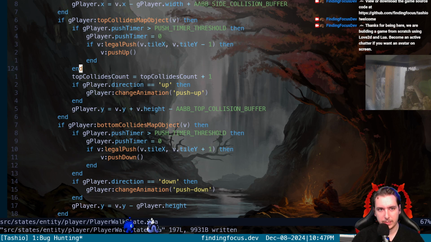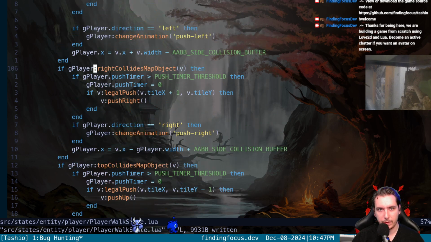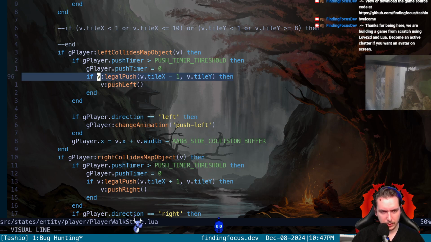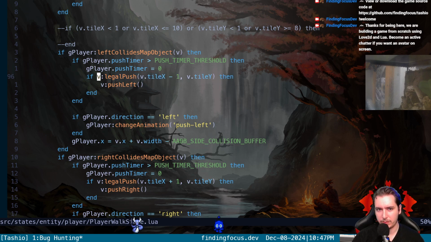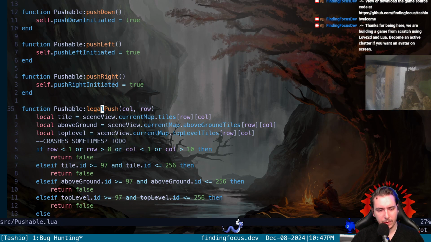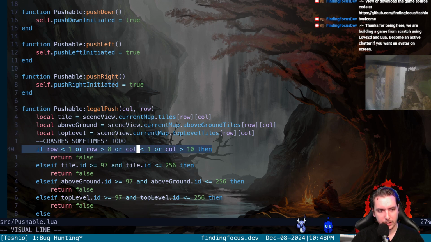But what doesn't make sense to me is that left worked, even though left would have been a tile X of 1, and then we minus 1, so we call legal push with a first parameter of 0, and it doesn't crash. So how do we call it on a row or a column of 0 and not crash? Well,